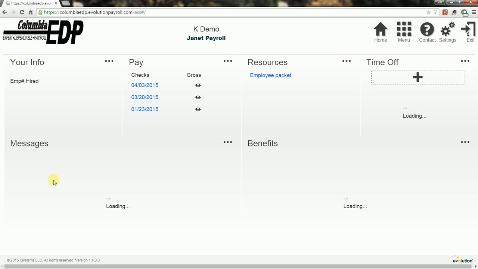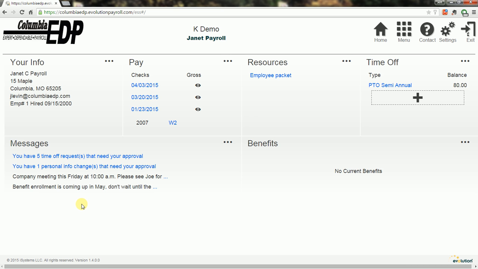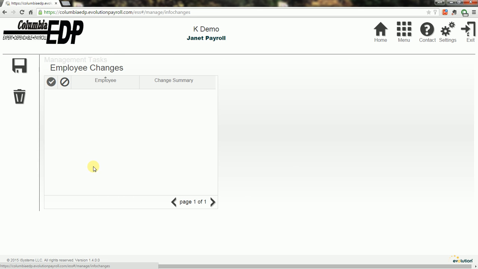And so when you get signed in, you're going to see your normal dashboard here, but you have a couple of other pieces of information that you can use in here as well. So what you'll see is down here underneath the messages section, you have two messages. One says you have 5 time off requests that need your approval, and that's actually going to be covered in a different video about how we approve time off requests. What we want to focus on is right down here, and this is that next message that says you have one personal information change that needs your approval. So that's a link. We're going to go ahead and click on that,